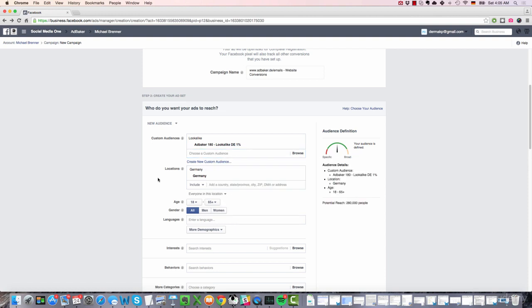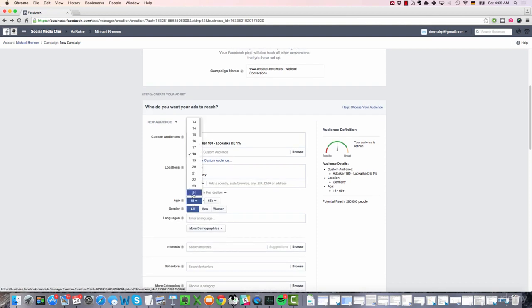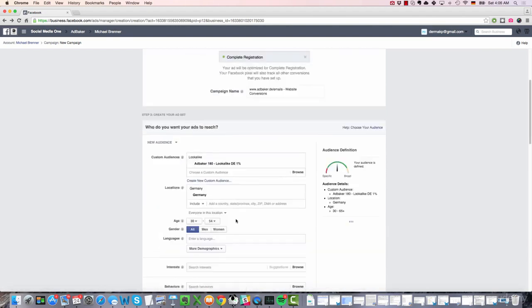Okay, now the targeting is already pretty specific, but you can get even more specific than that. Now the only three sections you can specify are the locations, the age, and the gender. Let's talk about the age and gender first. If you know your market pretty well, then you could say, okay, I'll narrow this down to, let's say, the age group 30 to 54. And let's say I just want to target women. If you know that this is the predominant age group that will opt in anyways, or let me put it differently,